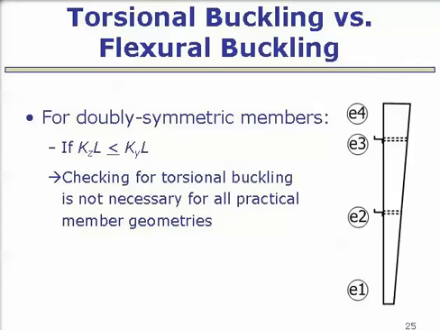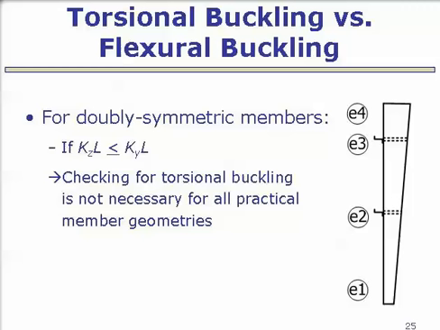Torsional buckling, we provided some recommendations that I think are very useful to keep you out of having to get bogged down in the mud with torsional buckling or torsional flexural buckling cases. If you have a doubly symmetric member, and if KZL, so everybody know what KZL is? Probably not. The KZL is basically typically taken as the length between where you're preventing twists, right? And so if KZL is less than or equal to your KYL, because usually that's the case,